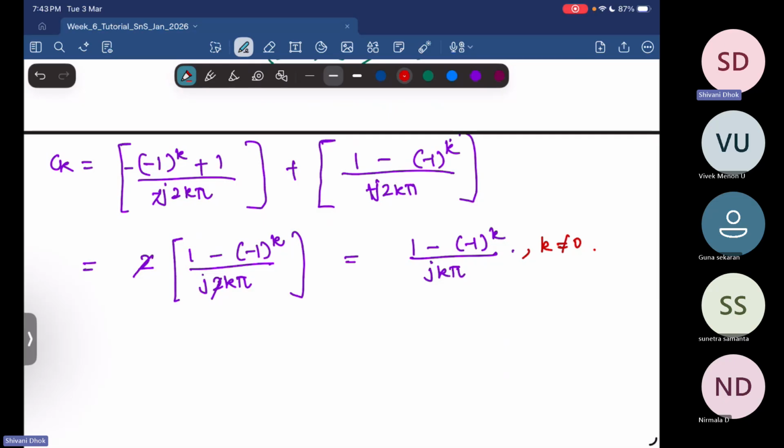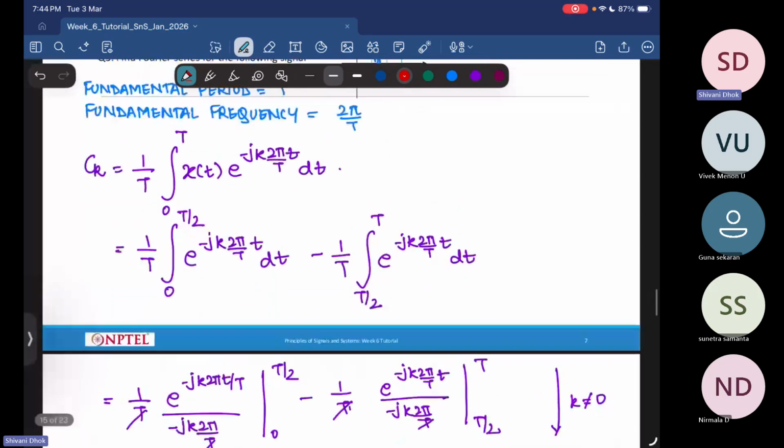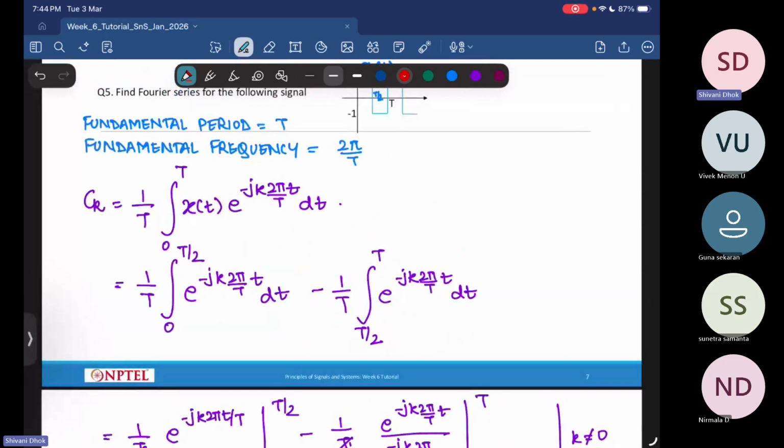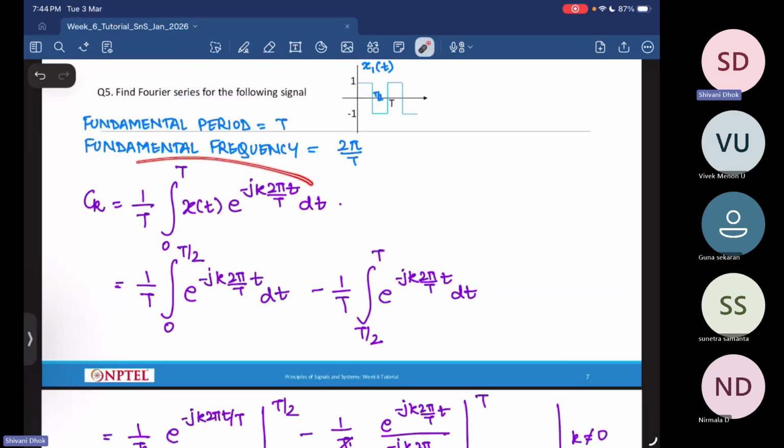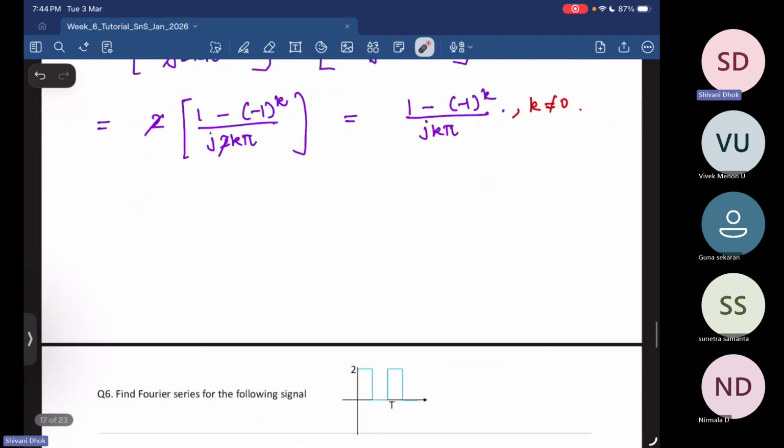So when you are going to find these Fourier series coefficients, or the Fourier transform also for that matter, in the subsequent lectures, be very careful. If your coefficients, or k's, or these frequencies are coming in the denominator, you need to be careful that this is valid only for k not equal to 0. Then what happens when k is equal to 0? For that, we'll go back to the definition and plug in k equal to 0. So what do we have?